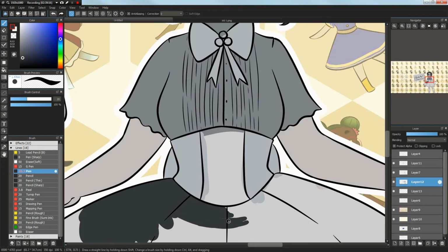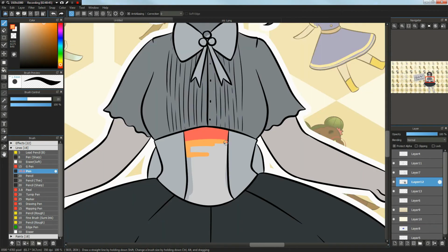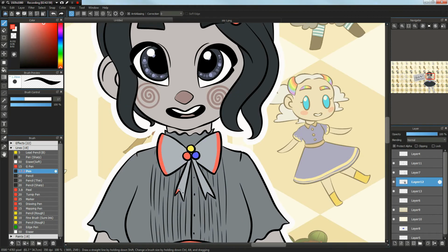Got her warm gray skin and her cool gray outfit, filling everything in. And here we can start seeing little snippets of her concept art,